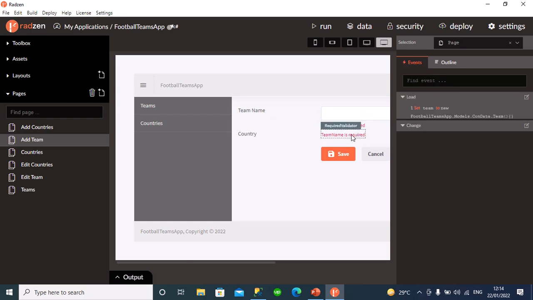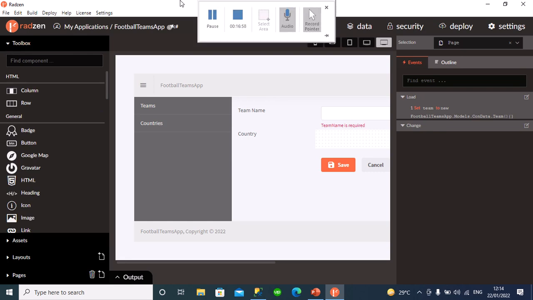I'll delete the text box, I'll delete the required field validator, I'll go to toolbox,